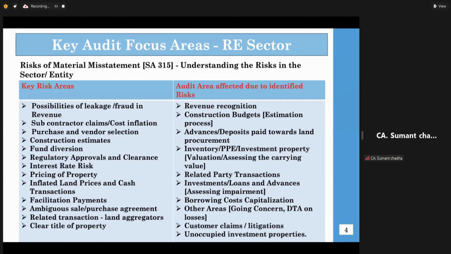Similarly, construction budgets and the estimation process. When I start a project, I have conceived something, but there are so many variables: cement, steel, and many other elements involved. There are different subcontractors involved. The biggest problem in real estate is the inherent delays which are there in a large number of